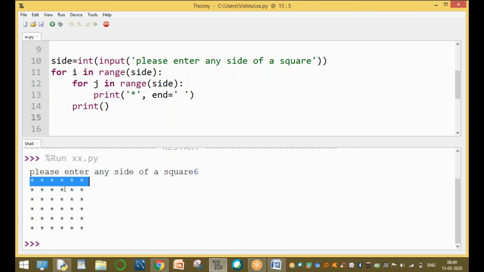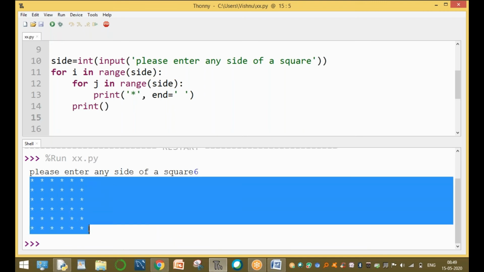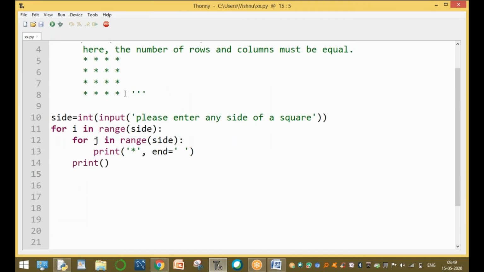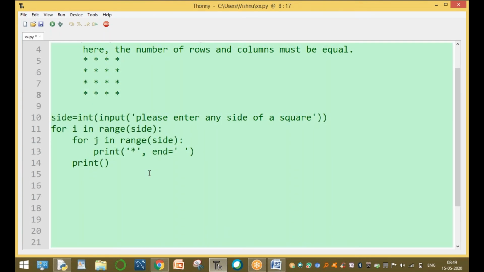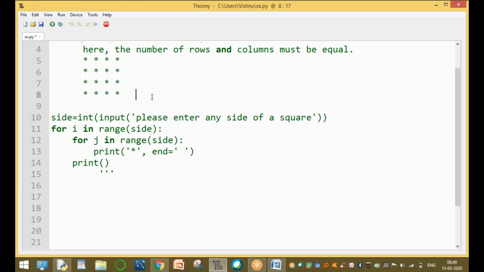First row 6 columns. Second row 6 columns. Third row. So this is a square value to print the stars in a square pattern. The pattern is a square pattern. If you want to execute the same program, run it using nested for loops or the same as nested while loops. This program is using